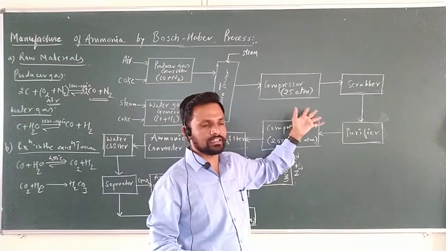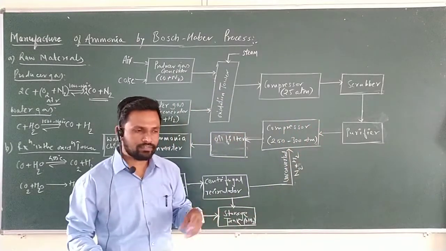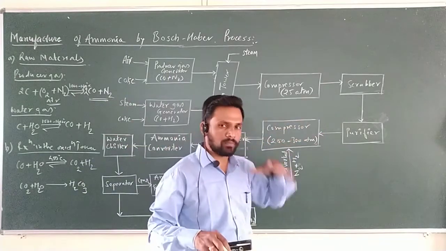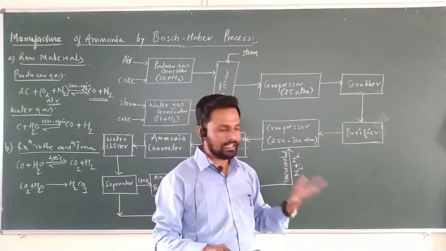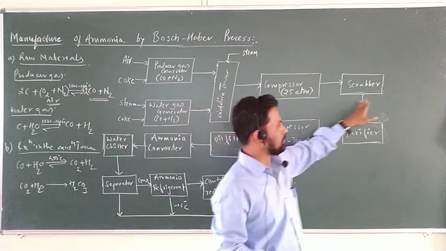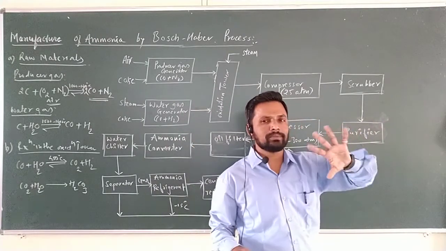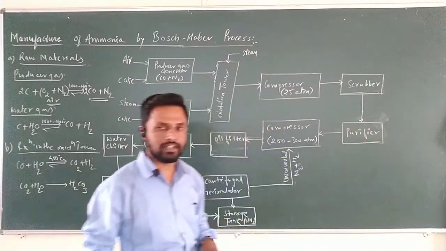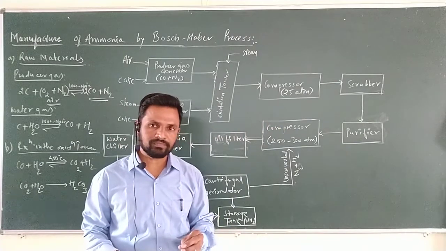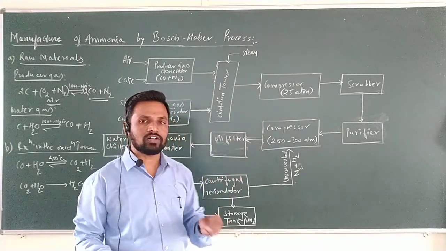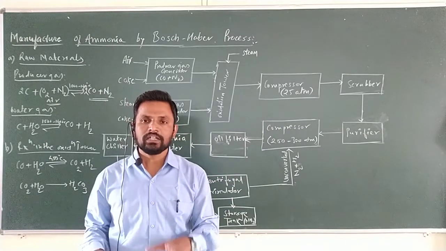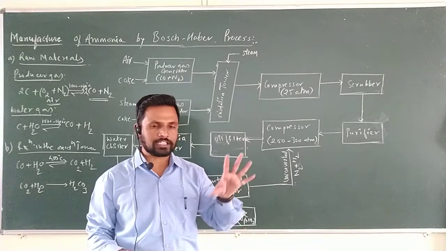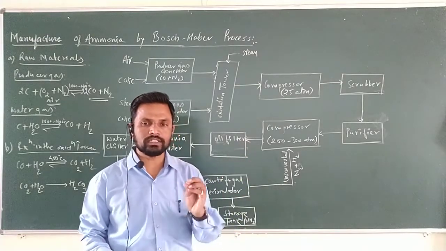the compressor. The compressor is where, if some contamination is there, the gas passes through the compressor, which compresses both the nitrogen gas and the hydrogen gas, and it further passes through the scrubber. Scrubber is nothing but a simple purification method. They are purified because in the industrial preparation, the raw material we are charging must be in pure form. With the raw material in pure form, the product is expected to be very pure, and the quality of the product should be very pure.